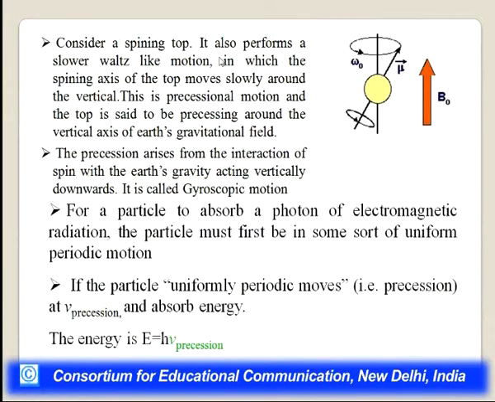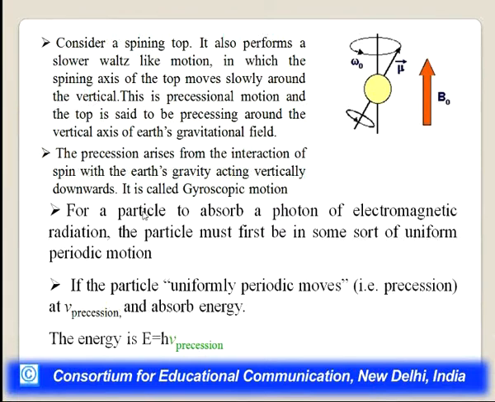Over here you can see it also performs a slower waltz-like motion in which the spinning axis of the top moves slowly around the vertical axis, and this is precessional motion. The top is said to precess around the vertical axis of the Earth's gravitational field. The precession arises from the interaction of spin with the Earth's gravity acting vertically downward,